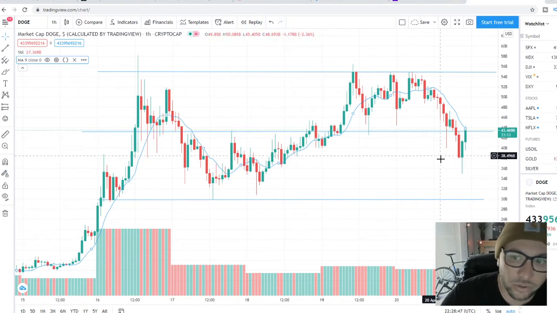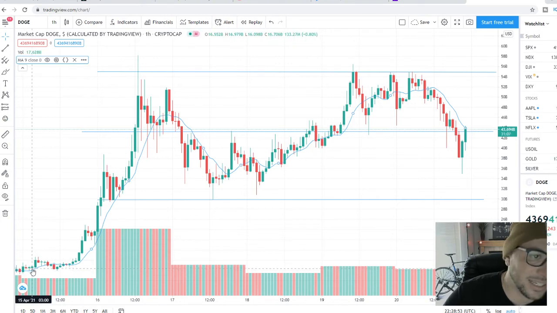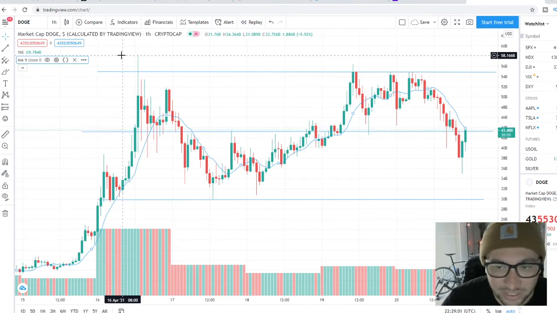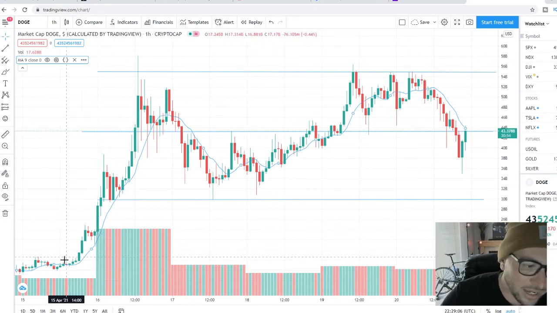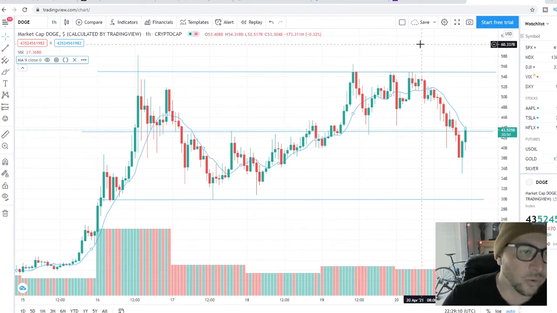I'll just give a quick example. If you bought 100,000 coins at 16 cents and this thing ran to 58 cents, I'd sell 50,000 of them. That's just me personally. I would have taken that profit and just let the other 50,000 coins ride out until the end, whether it comes all the way back down to 16 cents or goes to $1. Because basically it turns into a free trade at that time.